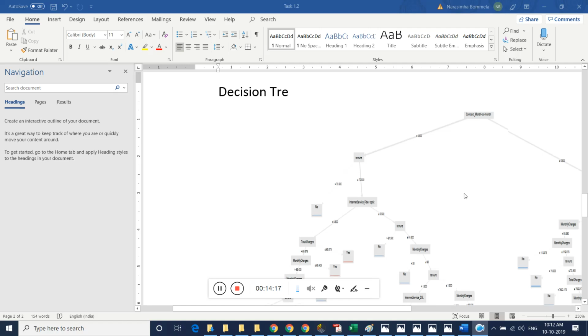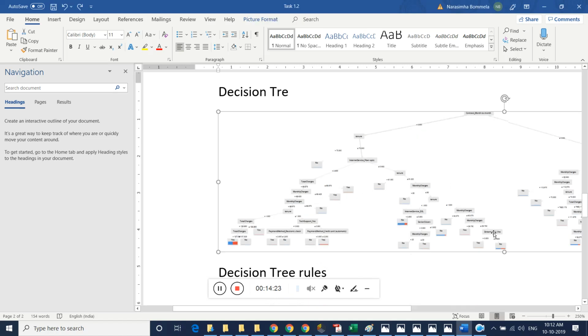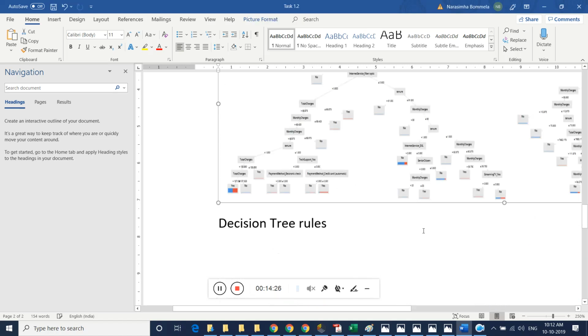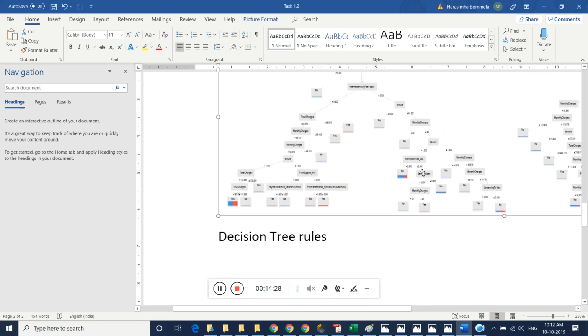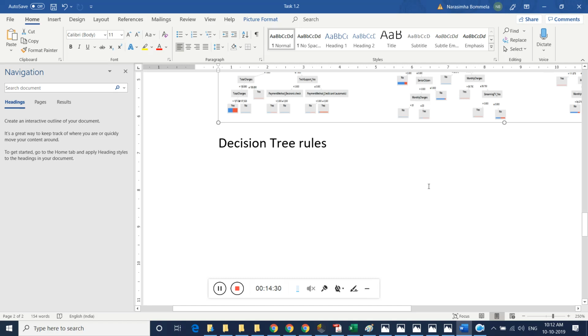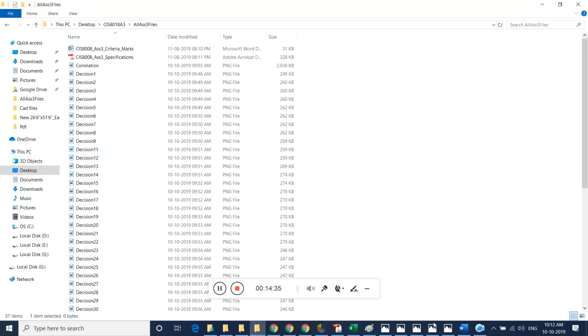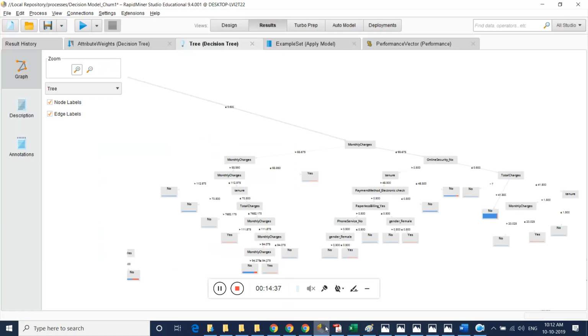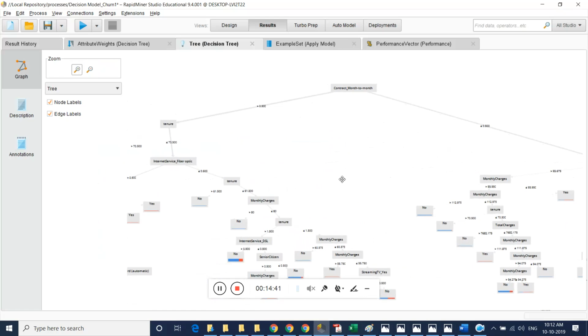For the decision tree, what I did is I expanded it. Very simple. This is how I copied it and I just dragged it. That's it. Just copy paste the decision diagram. Then we should write the decision tree rules. From this diagram itself, we can extract decisions. How we do that is,